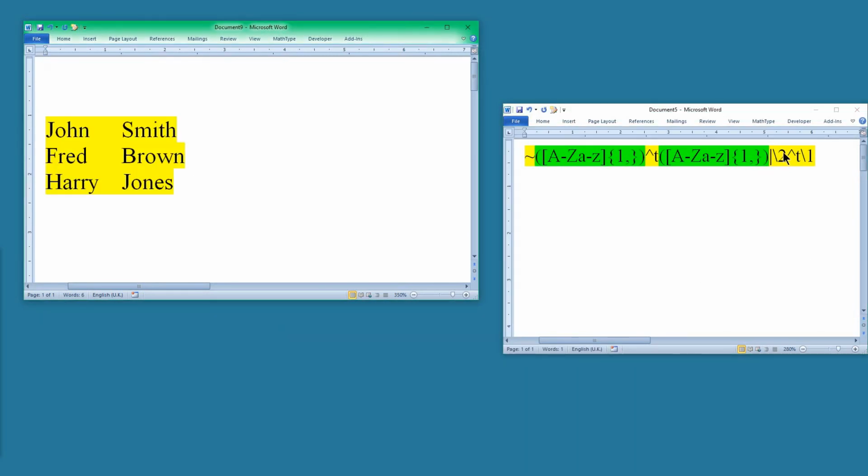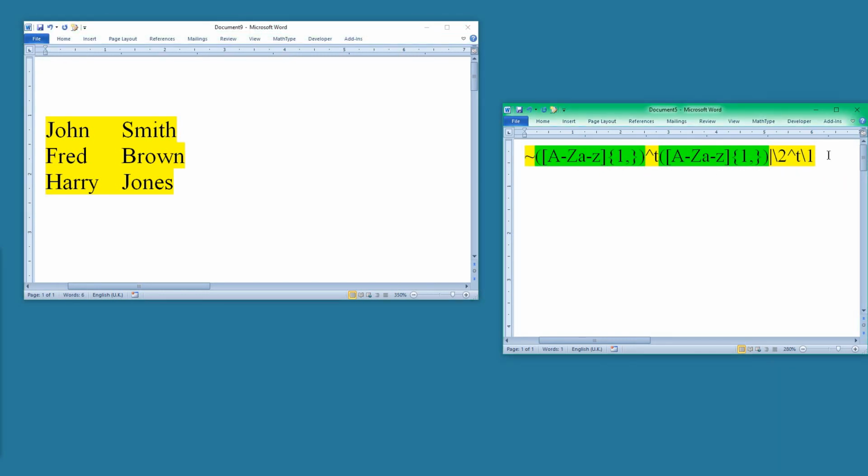So you can change the order of things. You might not want all of the items. Suppose that it was forename, middle name, surname, and we just wanted the forename and surname. So we would have 3 expressions, 1, 2 and 3, but in the replace we would just have the first and the third, because that's all we needed. Right, so that gives you an idea of some of the things you can do with the parentheses for expressions,